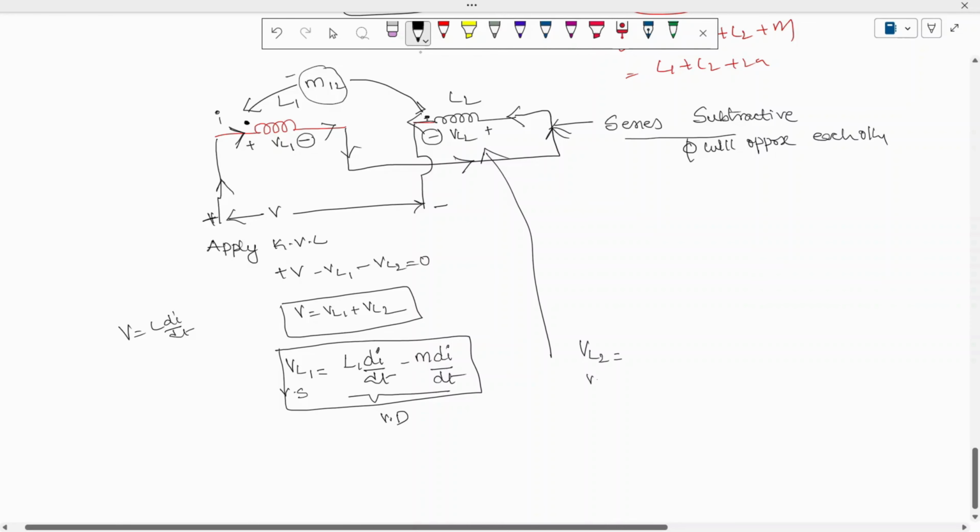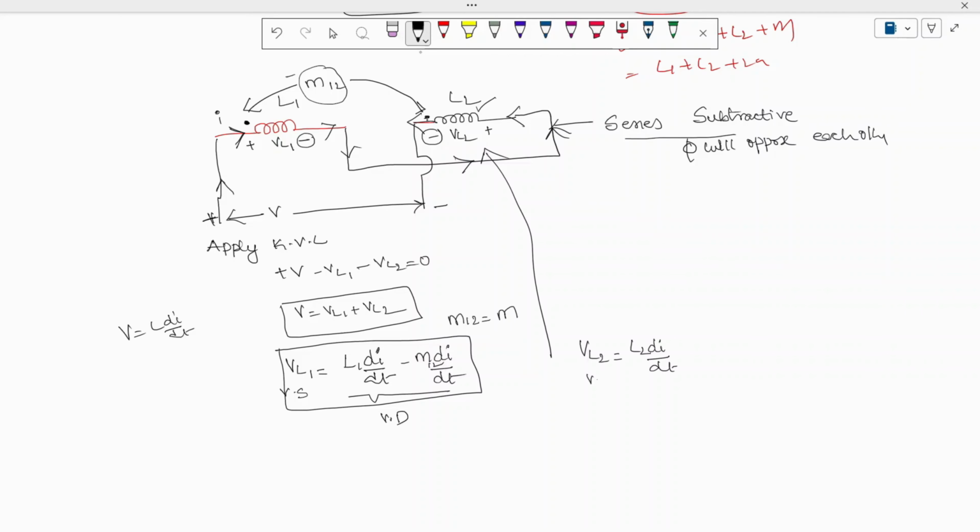Okay, so VL2 we can write down as, what is the voltage across the inductor? The formula is L dI by dt. What is the inductance value here? L2. Since the current is the same, I am writing it as di by dt. So here you can write this also as M12, but overall we'll assume this mutual inductance as only M. So L2 into di by dt, and here also the same, the self inductance is L2 di by dt,